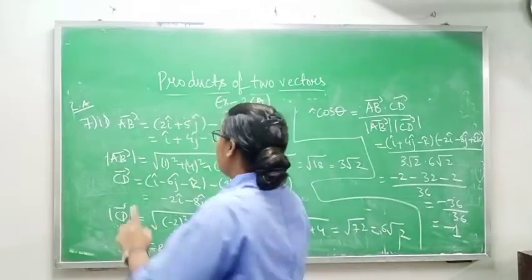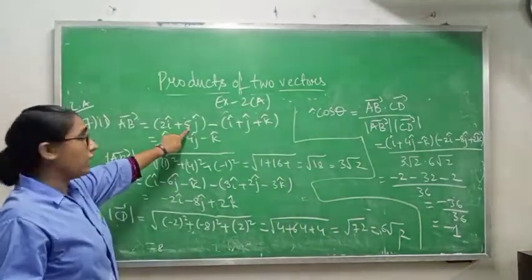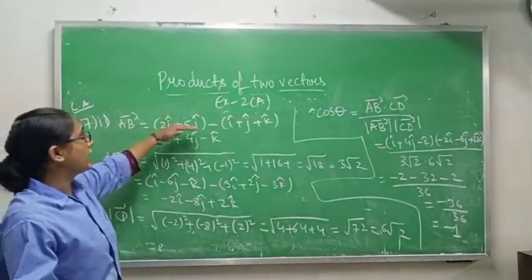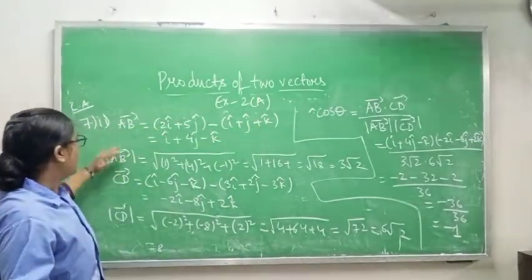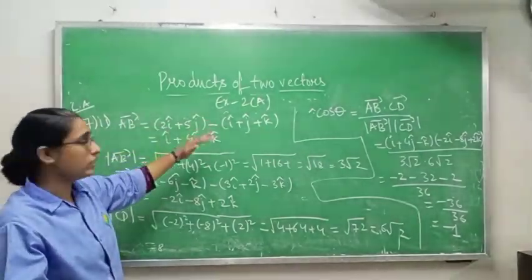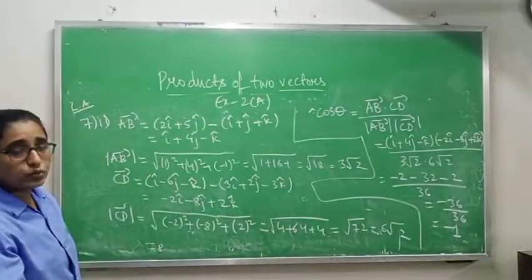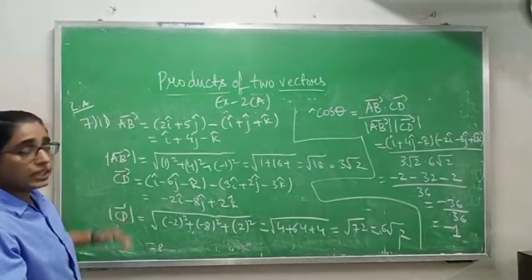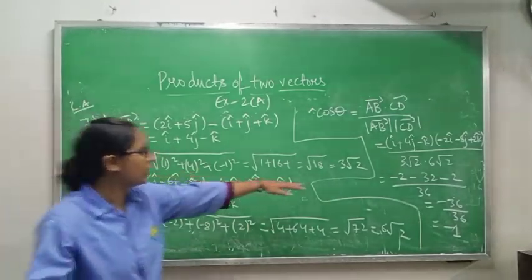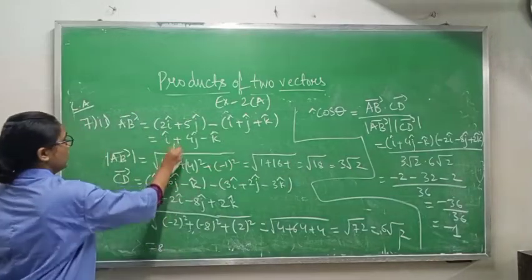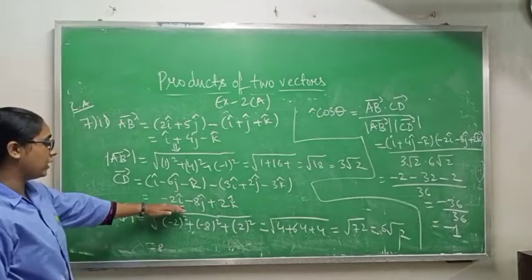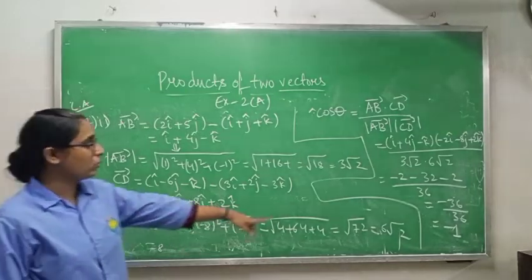Okay, so A is given i cap plus j cap plus k cap, B is given 2i cap plus 5j cap. So we have to first find AB vector, which after subtracting I am getting i cap plus 4j cap minus k cap. Now I am finding the mod. Mod is the square root of the sum of squares of the scalar components, so I am getting 3 root 2 from here. Now CD vector I am finding, means position of D minus position of C, I am getting this much, and mod of CD will give you 6 root 2.